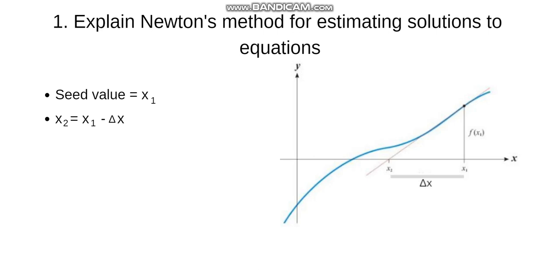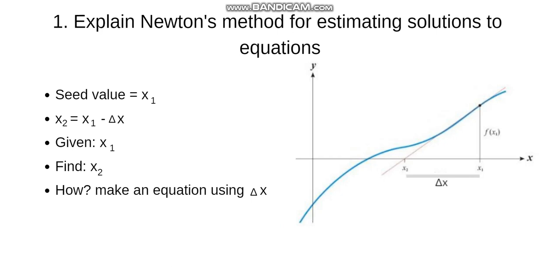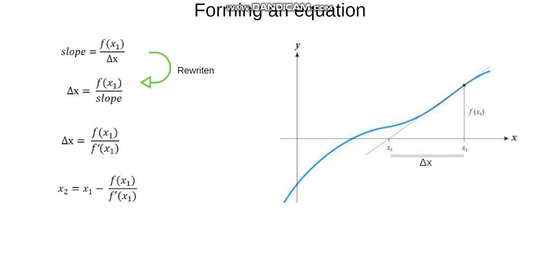So let's say you're given your x1 and you're trying to find your x2. How you do that, I explained: you use your f of x and your delta x. So first of all, we're going to make this equation find where x2 is as close to the root as we can. How we're going to do this is we're going to use a slope,